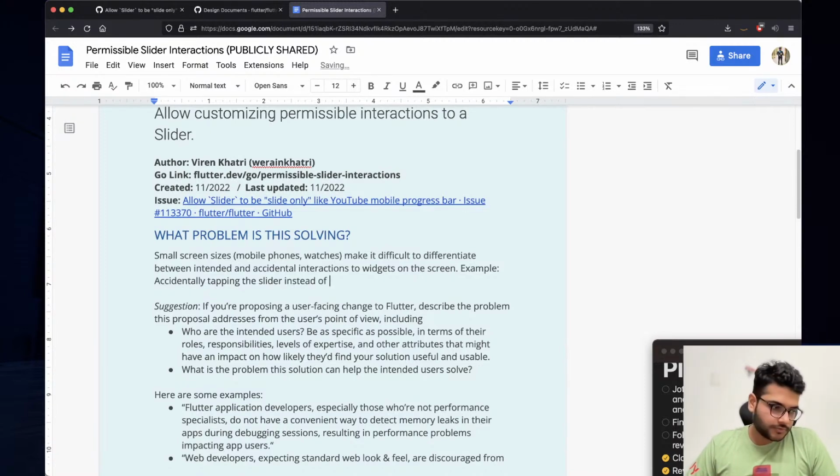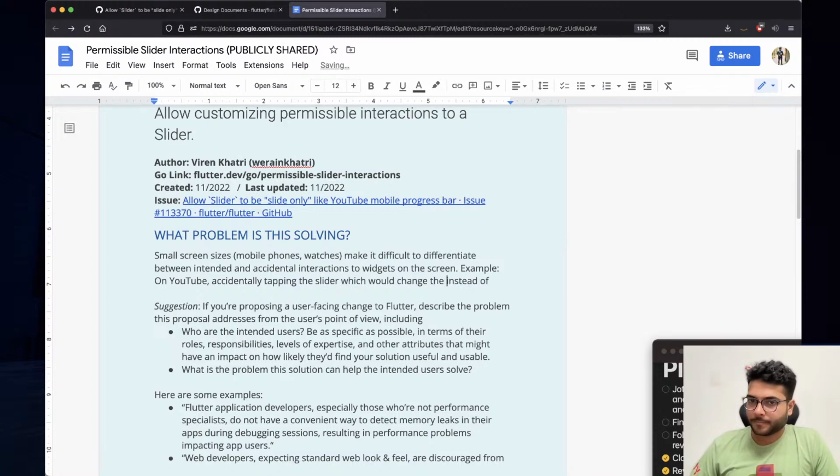On YouTube, let's say, with the same example that was given in the issue. On YouTube, accidentally tapping the slider which would change